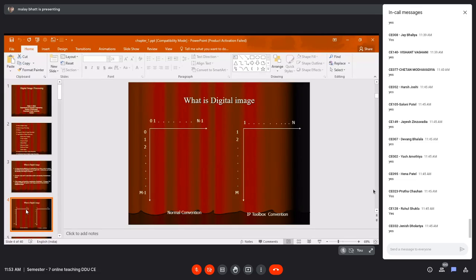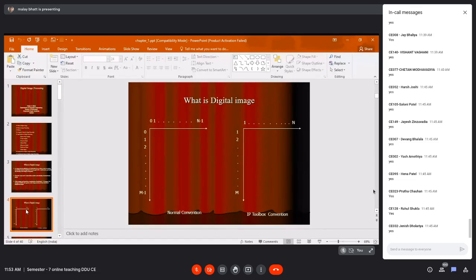So I can say it is an image with m rows and n columns. This is how we define the size of the image. We have m rows and n columns. Normally in various toolboxes, if you are using Octave or MATLAB, the index will start from 1. So in that case, we can say it is represented as 1 to m and 1 to n. We have m rows and n columns to represent the digital image.